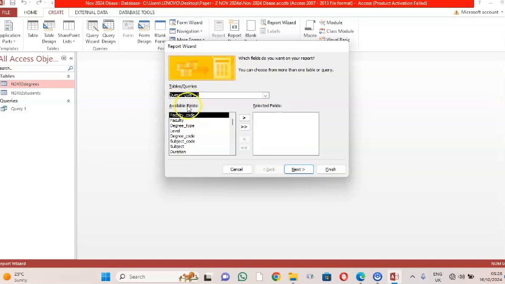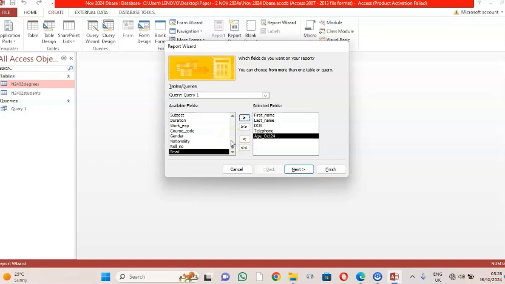Then I go on to the fields that they want. So the first field that they want is first name, which is followed by last name, which is followed by DOB, which is followed by telephone, which is followed by age, 24, then duration, followed,